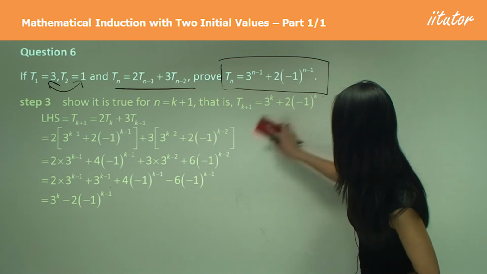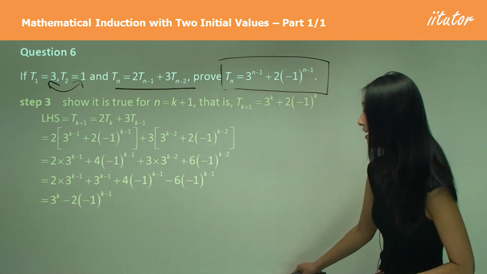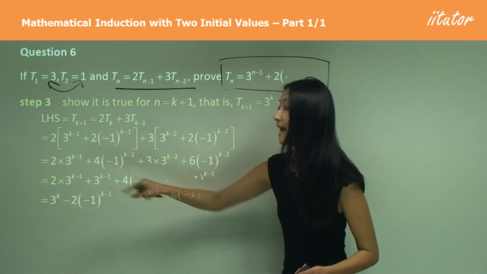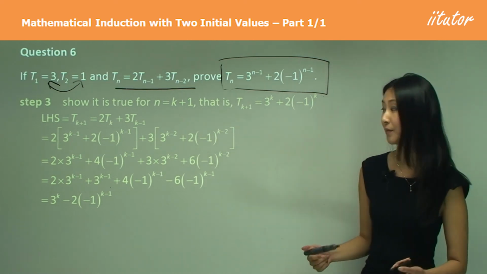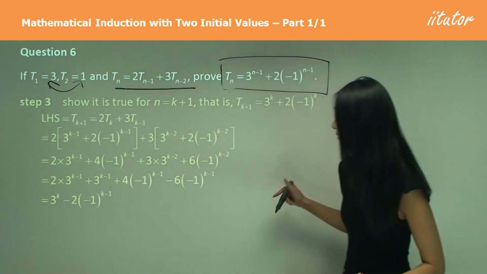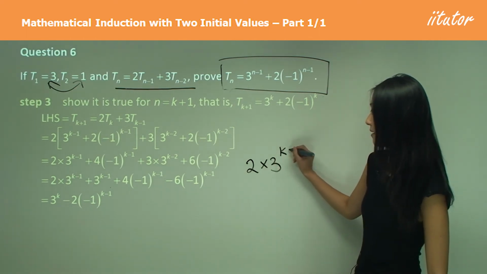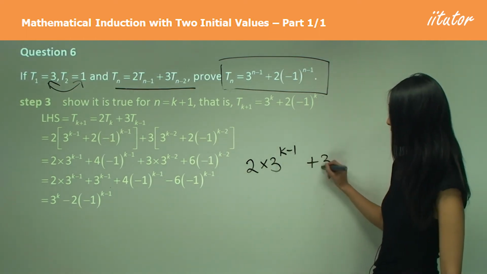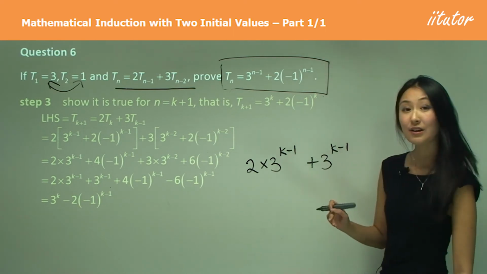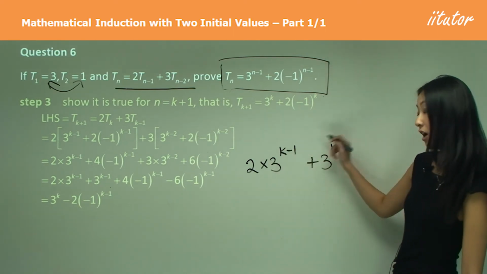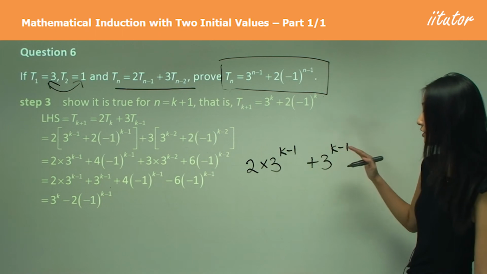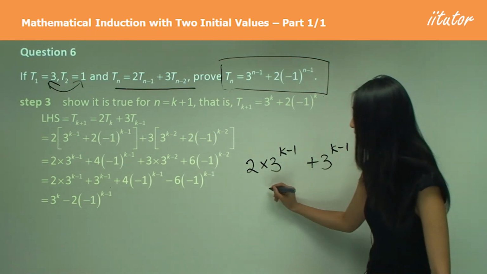So I put together the common terms. So over here, you can see that 3 to the k minus 1 is common to both of them. So what I've done from there is 2 minus 3 to the power of k minus 1 plus 3 to the k minus 1. You can see that these two are common terms. So if I factorize that out,